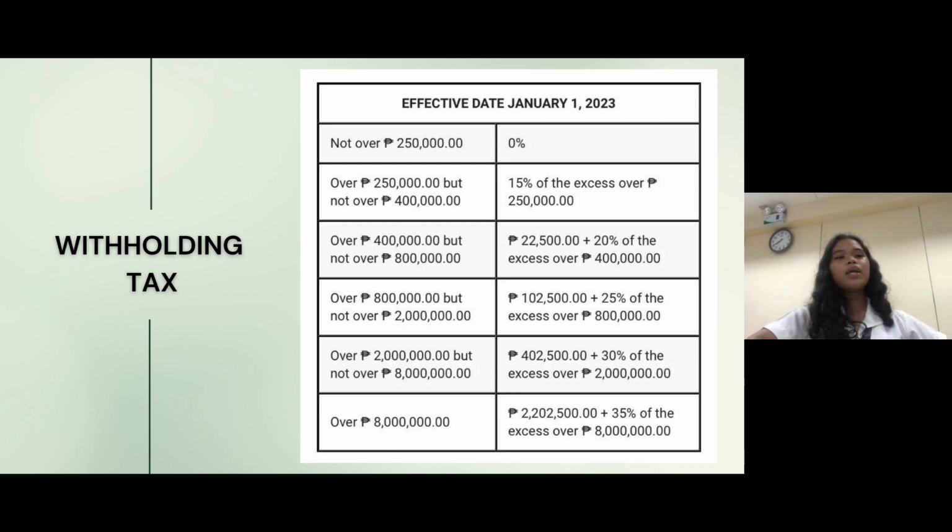127,500 pesos. If an employee's yearly salary totaled over 2 million but not over 8 million, the employee is obligated to pay 400,500 pesos fixed amount plus 30% of the excess over 2 million. For example, an employee's salary totaled 5 million, the employee is obligated to pay